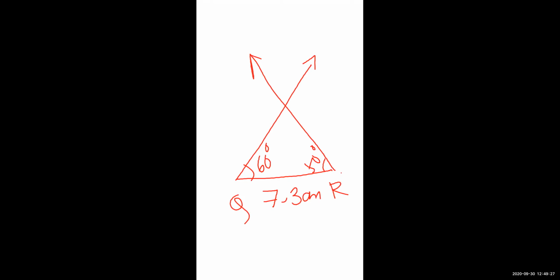I hope till here it is done. Obviously, this point of intersection is P, because these two are Q and R. P, Q, R. Triangle is done. If till here it is done, just tell me. Other students, do it fast. It's very much simple. Now the triangle is done.